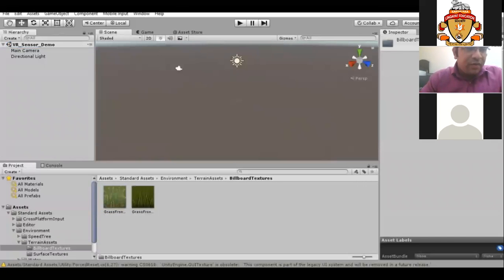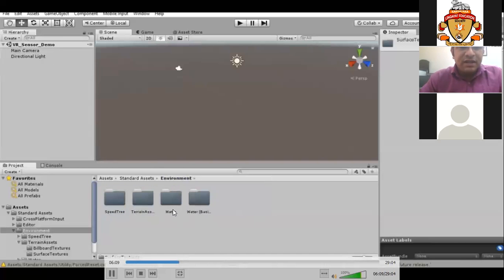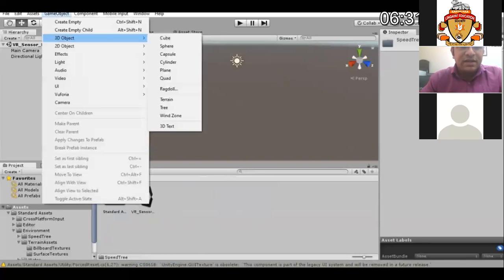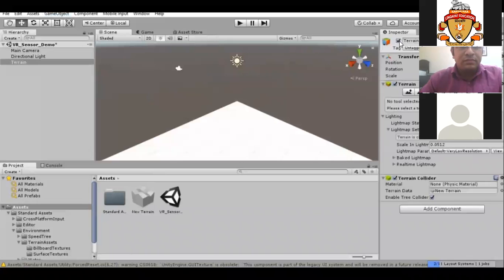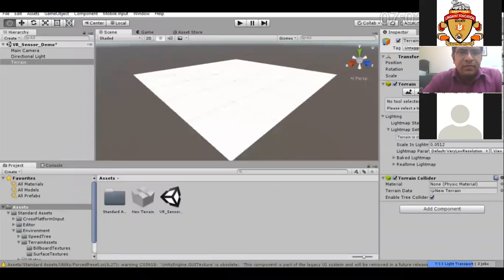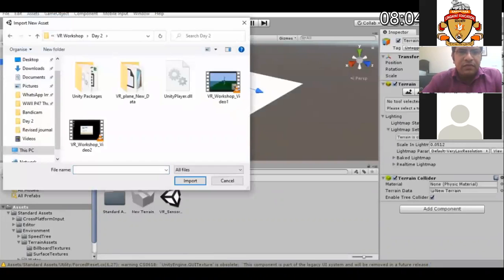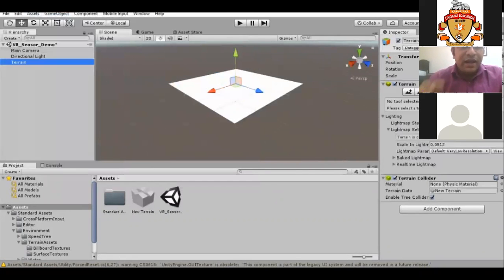So once the environment comes and the standard asset, we will see that there are a lot of textures there. I will be selecting a particular texture as terrain. Okay, so once the particular terrain is selected, here the game object I'll be using is a plane, an aeroplane.